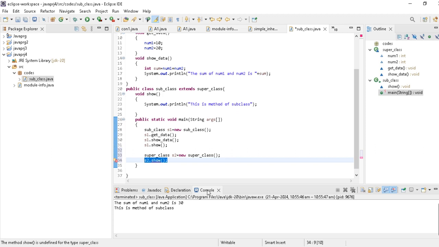Okay, the reverse is not possible. Which clearly says that the base class does not know who has inherited it. So the superclass cannot access the members of the subclass, but the subclass can access the members of the superclass.